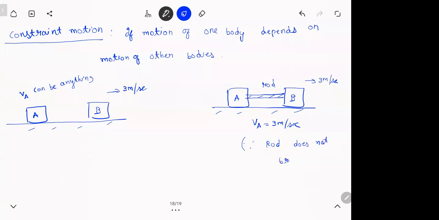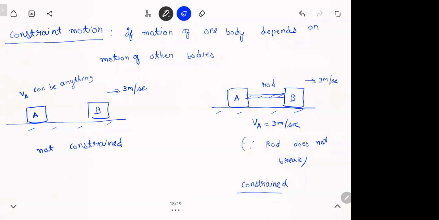If you see, suddenly it became a constrained motion. Meaning, if you choose the velocity of B, A does not have a choice. A has to go with 3. And vice versa. If you say A's velocity is 2, B has to go with 2. Even though it looks like two different blocks, you're actually choosing only for one block. The motion of both the blocks is constrained. They're related to each other. This is a constrained motion. This is not constrained. A and B are independent. They can do whatever they want without caring what the other is doing.